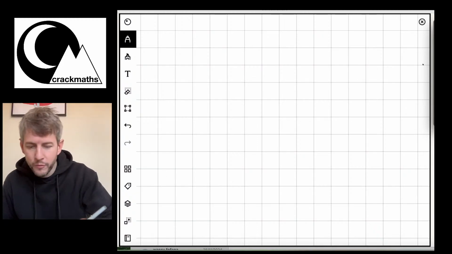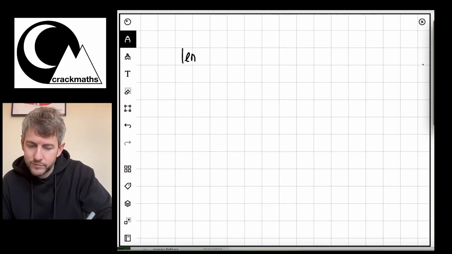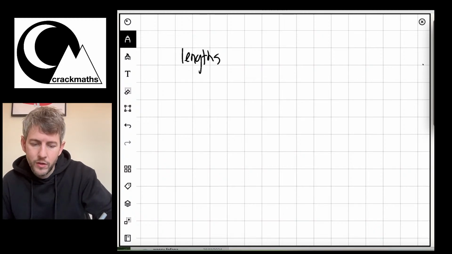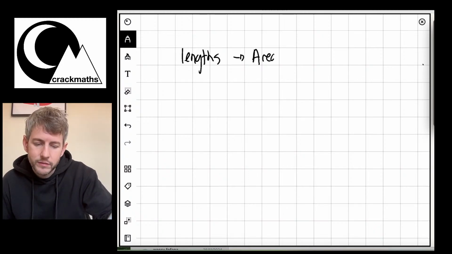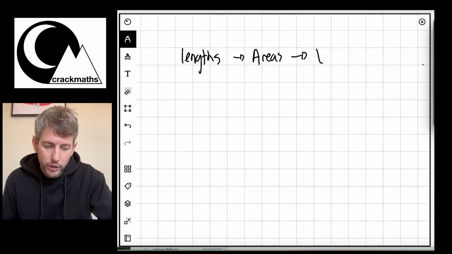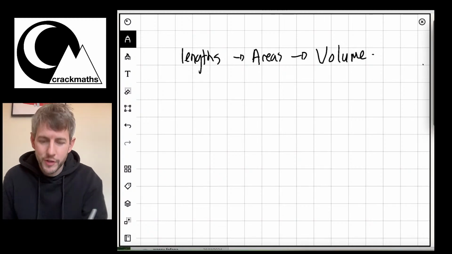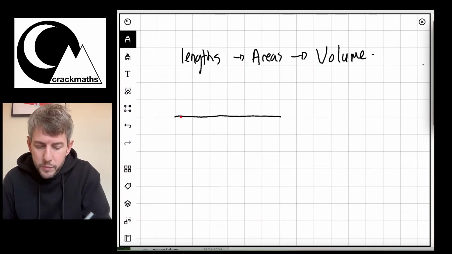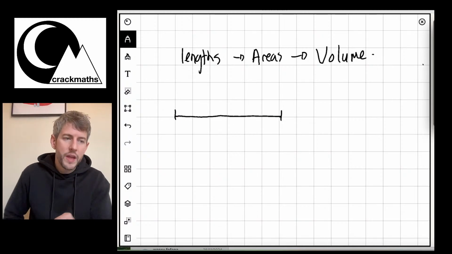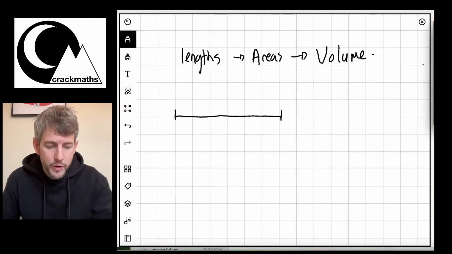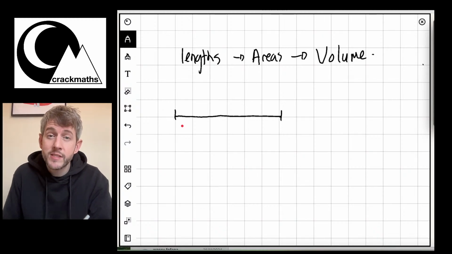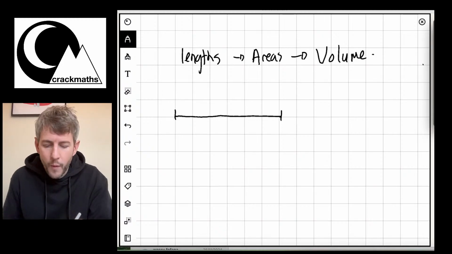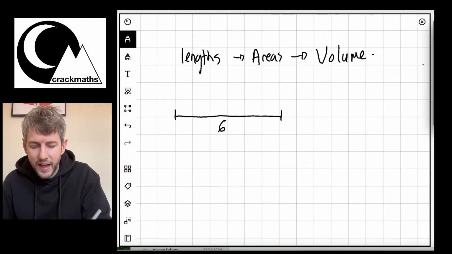In maths or in life, we have lengths, we have areas, and we have volumes. A length is something that you're going to see, which is just a distance. So here we go, this would be a length, and the way that I would measure this would be in a unit of length. So for example, if I said that these squares are centimetres, I would say that this has a length of 1, 2, 3, 4, 5, 6. That has a length of 6